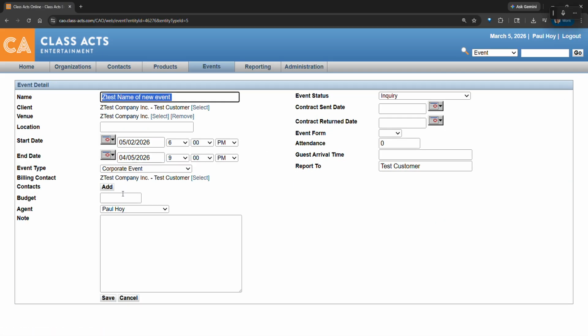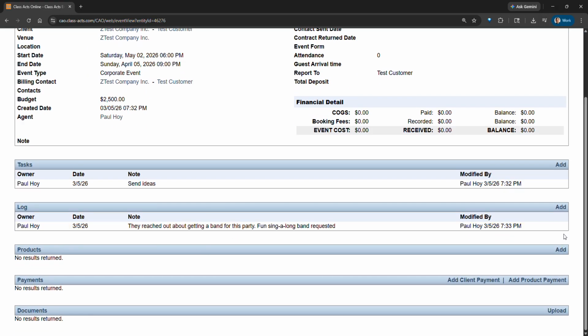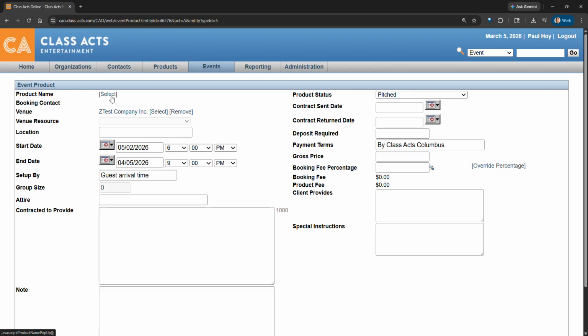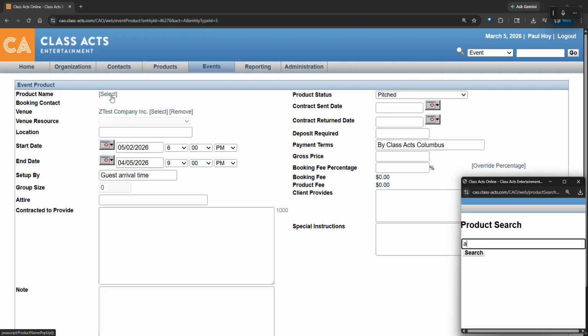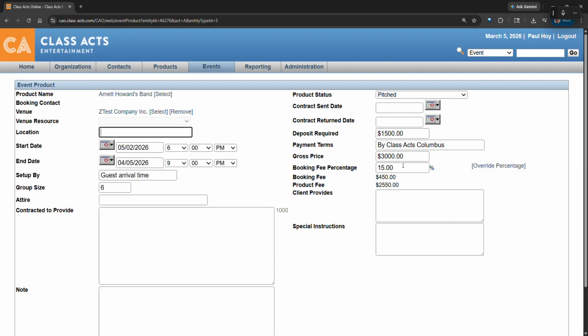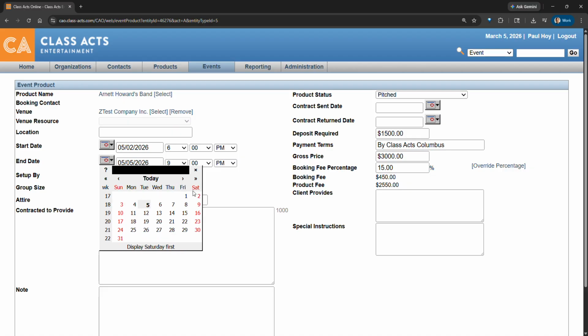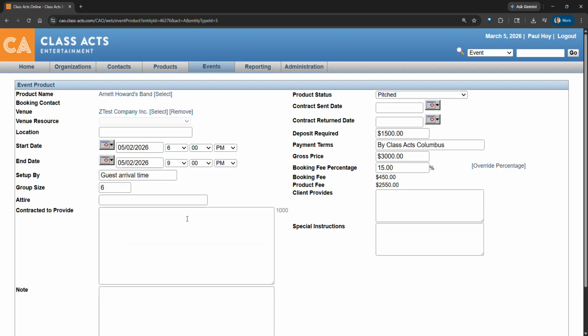So self-explanatory, we've logged, let's say they have a budget of $2,500. And the next step would be to identify some bands to pitch to them. I may click a band. Whoops, I just noticed I did not adjust the end date. I'll fix that on the worksheet, but it goes to pitch status, it goes to the default price. If we quote it at a unique price, like I may quote this at $2,500,